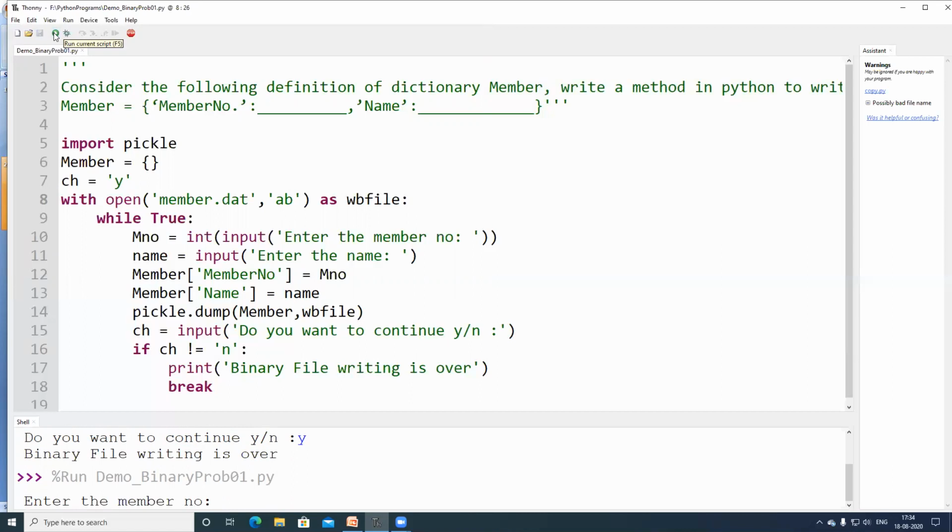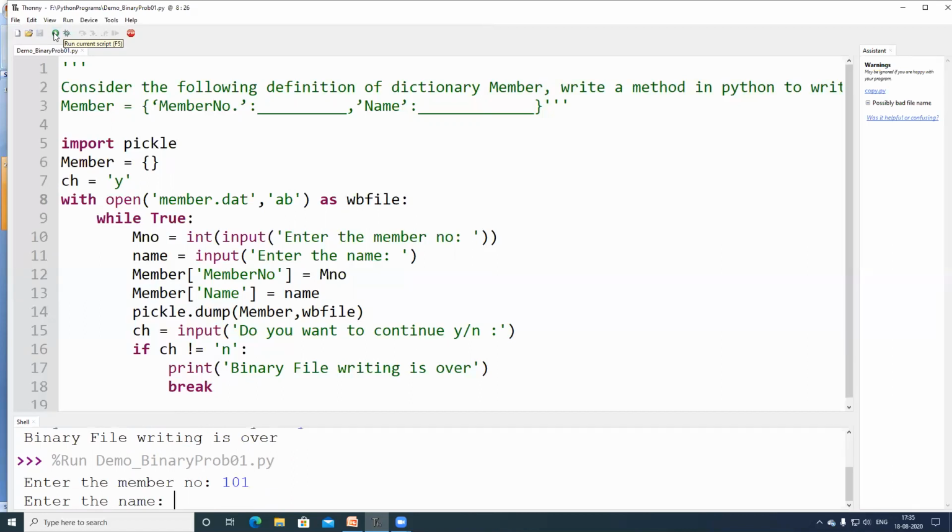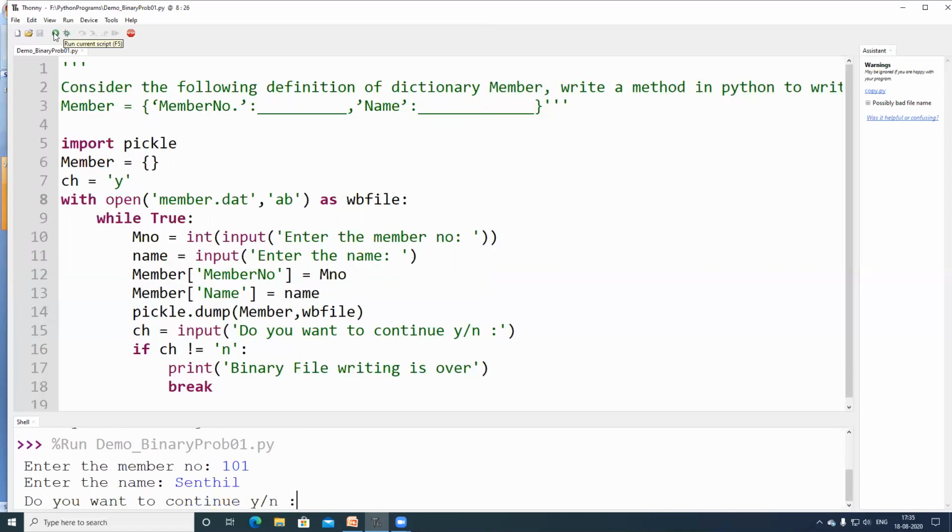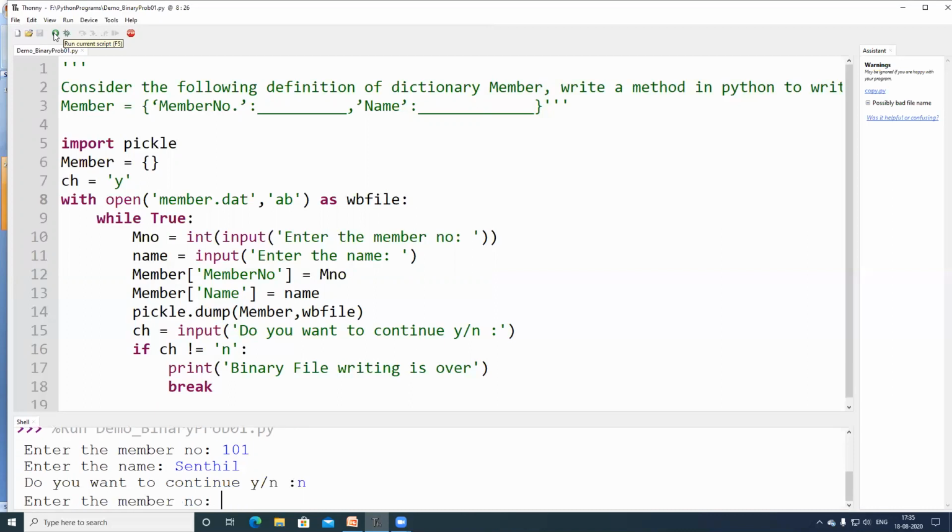Now how to get the input continuously? 101, name is Sendil. Here I am giving it as no. Here, 101, 102. Another name I am giving as an input.